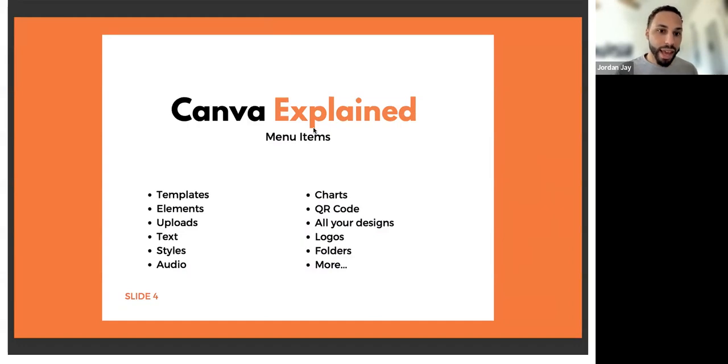I just want to dive right into it. I'm going to open up Canva here, and we can take a look at the menu bar on the side on the main page, and then we will go one by one through there, and I'll briefly describe each tab. But in a couple more slides, we'll dig deeper into each menu item, and we can see how everything works.